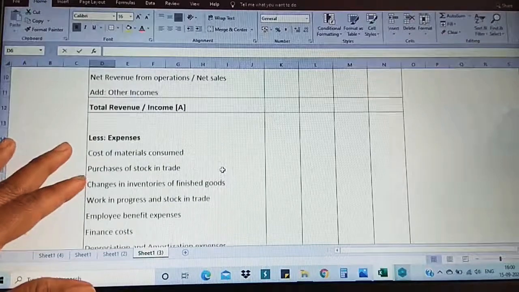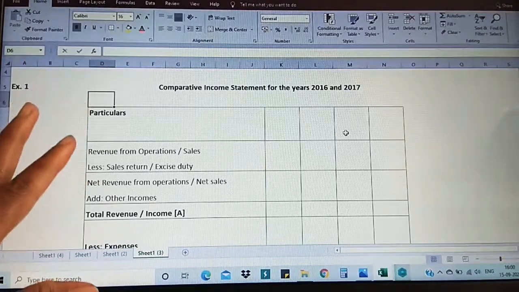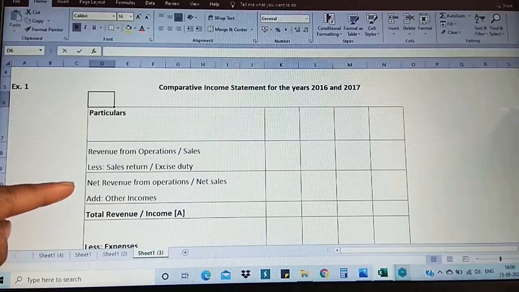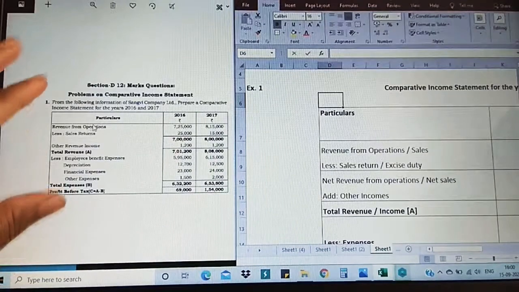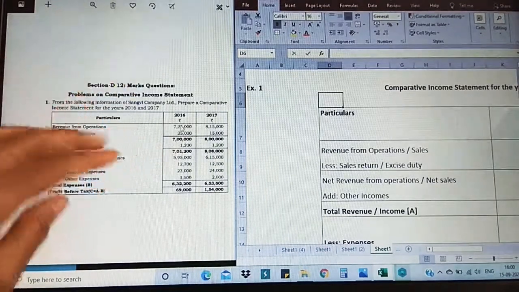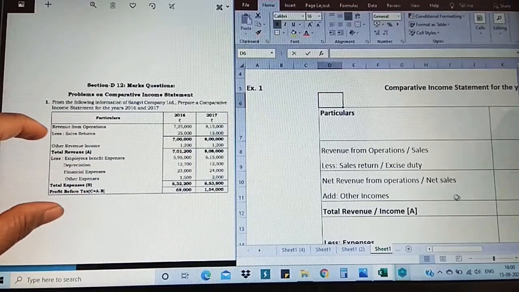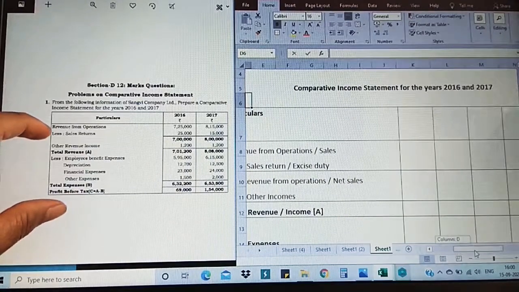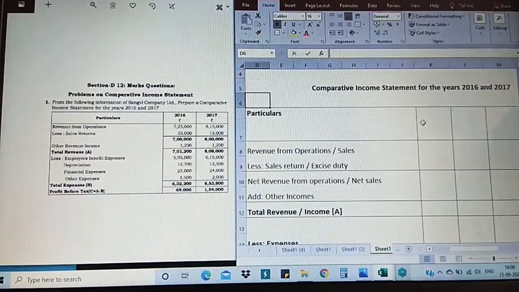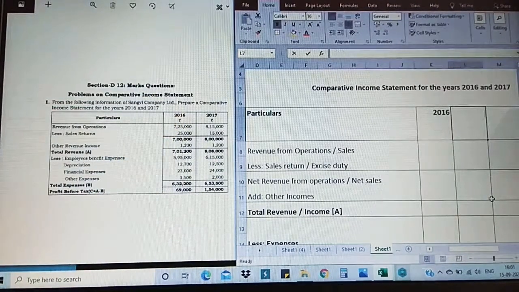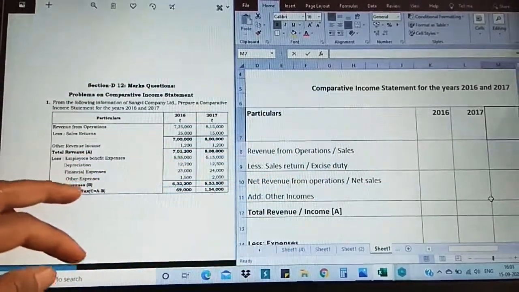Now just observe, this is as per the format. Whenever you go for this type of question, for solving such questions, you have to use 4 different columns. I'm going to show you people. It's just simple. Copy the question as per the format. This question is just similar to the format of your income statement. Now let us check how we are going to do it. First, 2016 as per the question. Second, 2017. So the first two, when you go for comparative, just copy the question as per the format, and then